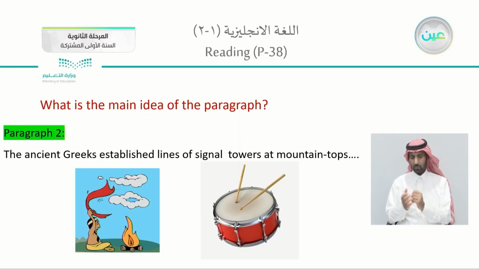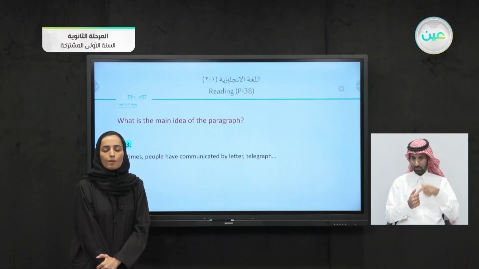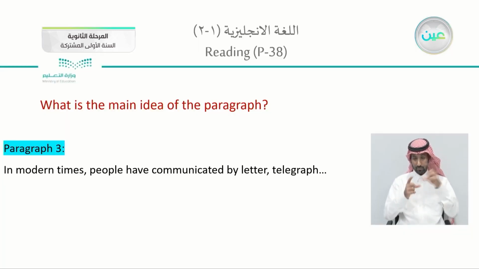The following, paragraph number 3, here in modern times. What is the main idea of this paragraph? Let's listen. In modern times, people have communicated by letter, telegraph, and telephone. But no one method has become as widespread as quickly as the use of email. The first email message took place in 1971, and according to its sender, Ray Tomlinson, it was probably the following: